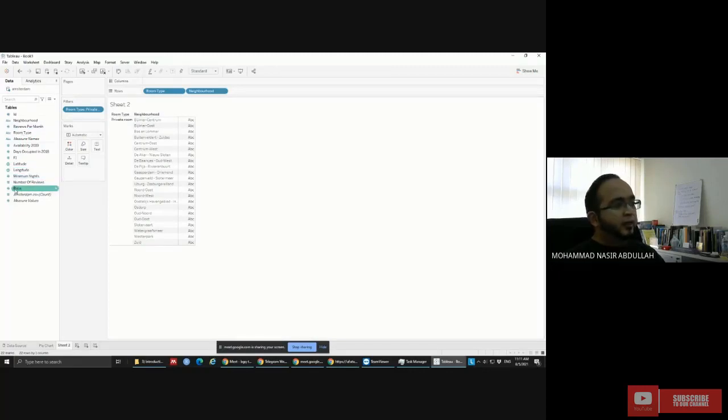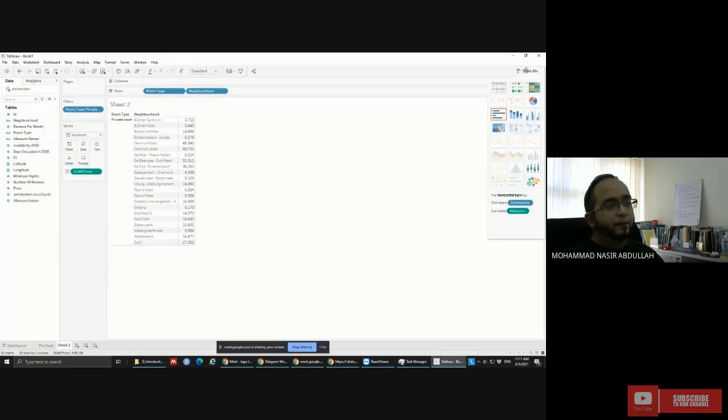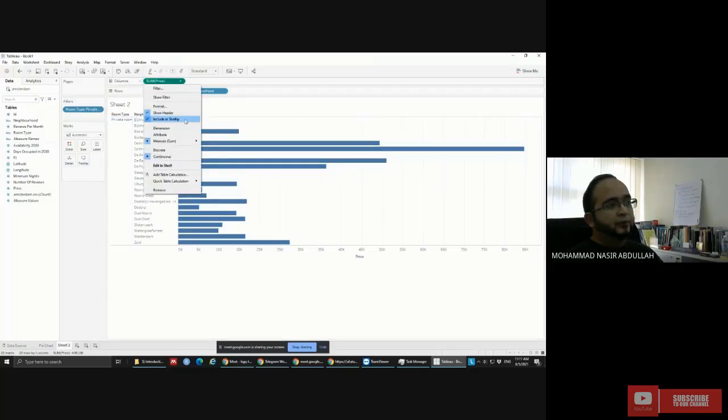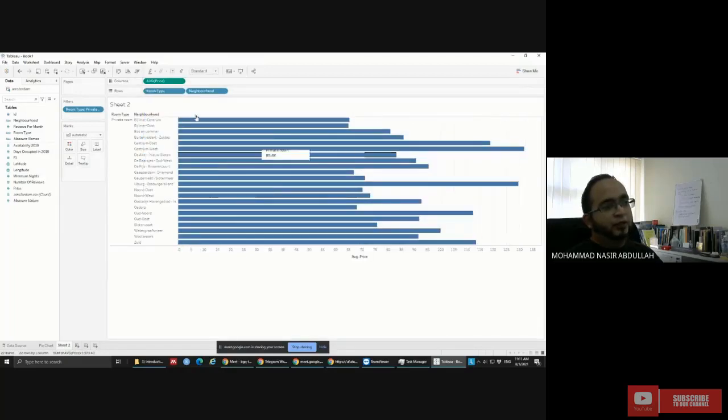Right? Let's say I want to look at price, I put it here. So I get sum of price. Right? So here, let's say I want to display the chart. So I go to show me. So let's say I want to see a bar chart. So I put the bar chart here. Instead of having summation, which is not really reflecting the actual private room price, we click here, take measure, click on average. So you will see the actual